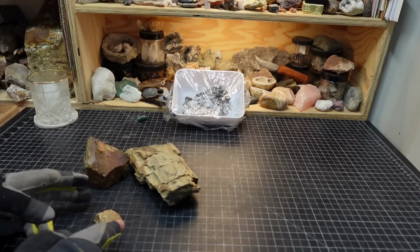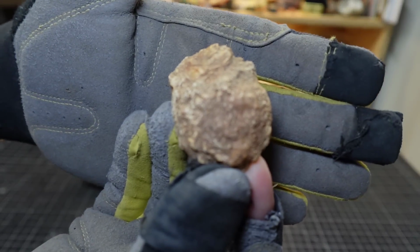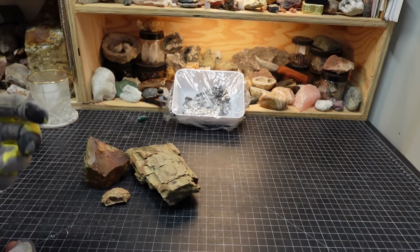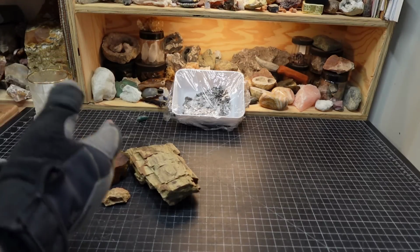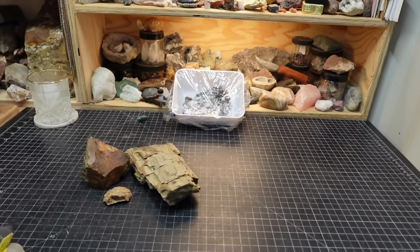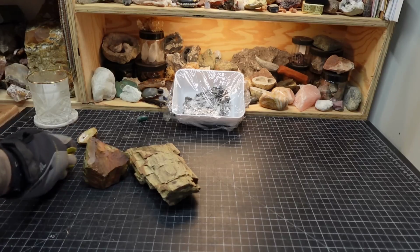Thunder eggs have a rhyolite exterior, so the exterior of this guy right here is rhyolite, versus a Kentucky geode, something like that, which would come out of basalt, andesite, sandstones, things like that. So the exterior is what sets off a thunder egg as being a thunder egg. So it's very intriguing to me to see a thunder egg